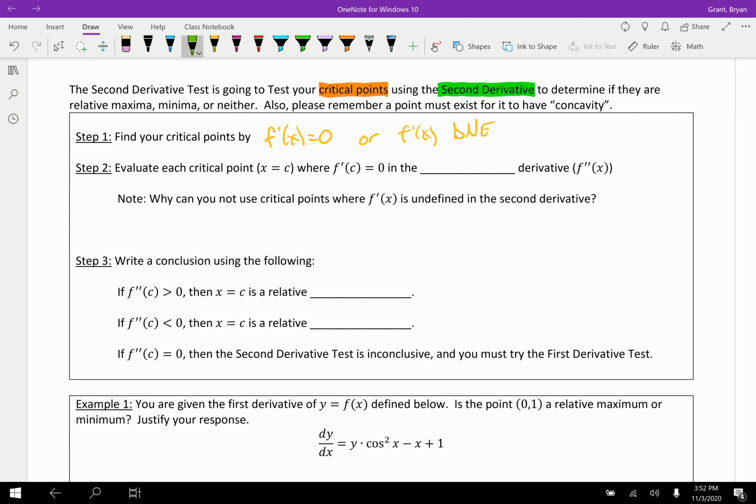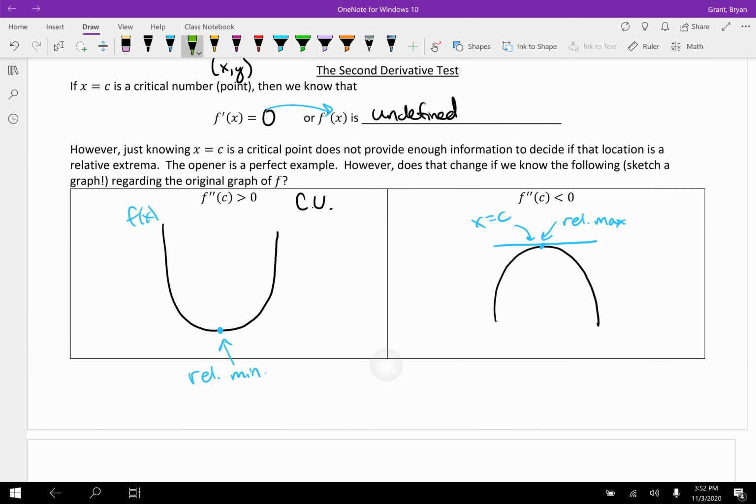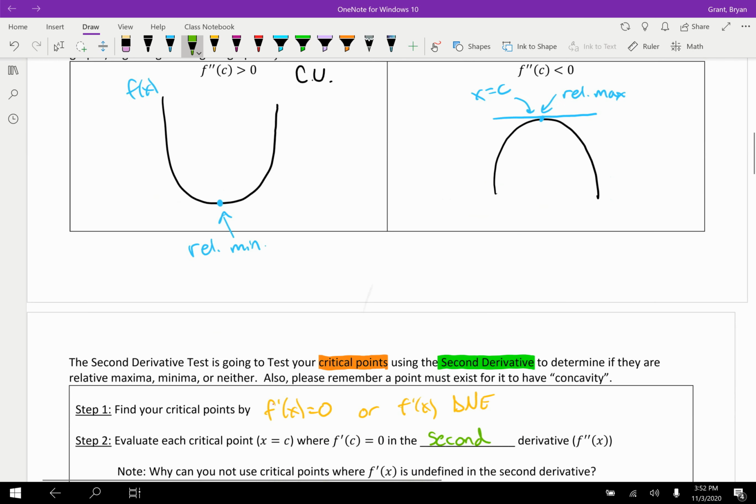So not only do you need to take the derivative once and do work with that, you need to take the derivative a second time. And once we take the derivative a second time, we're going to evaluate the critical point, x equals c, in the second derivative. And based on the outcome, based on the shape of the graph, we're going to know if that critical point is a relative min or relative